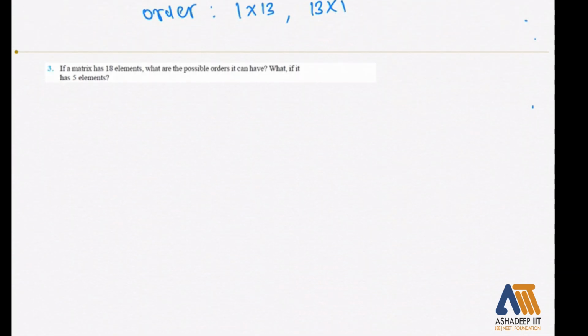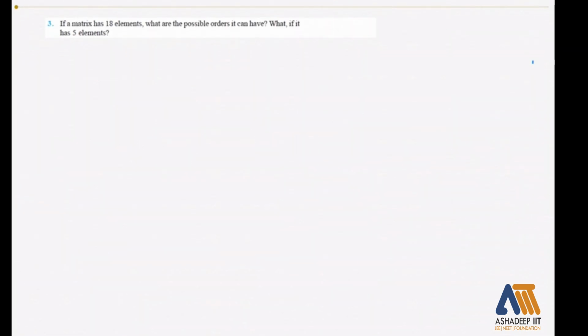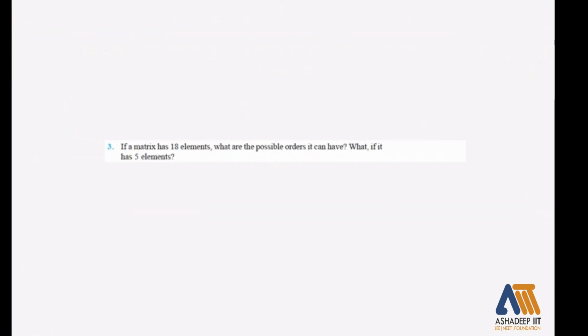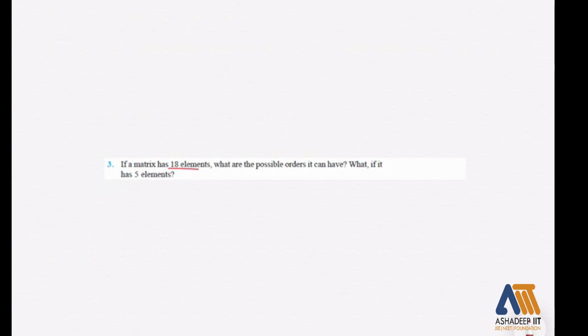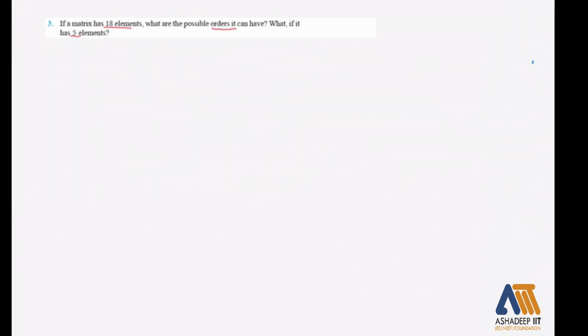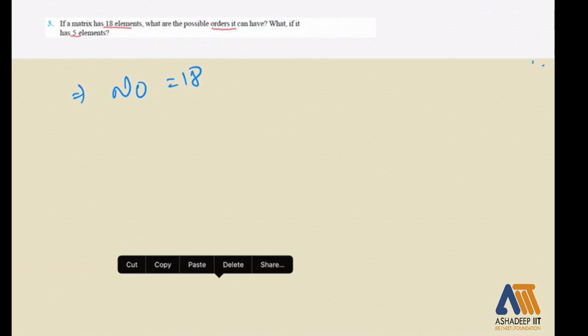Next, question number 3, same as question number 2. If a matrix has 18 elements, then we need to write the possible orders. Again, if it has 5 elements, then we need to write the possible orders. So now again here the number of elements is 18. If we factorize the number 18, then